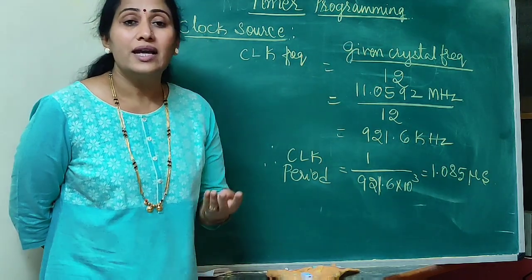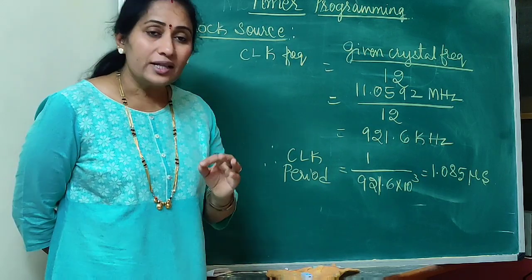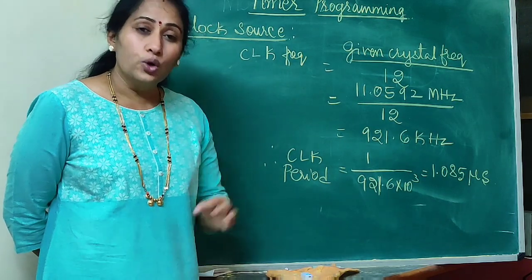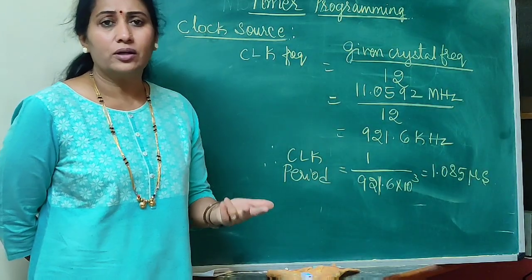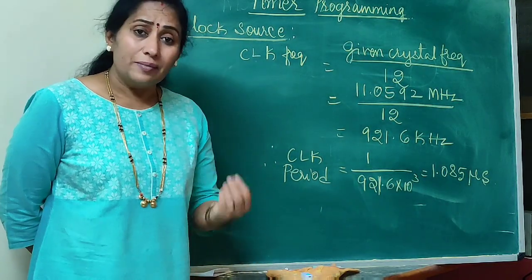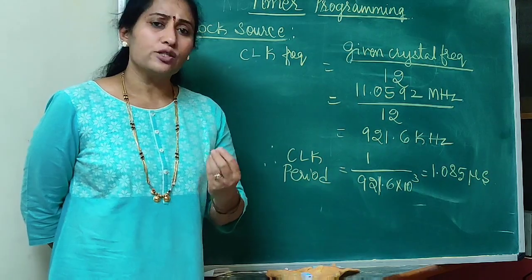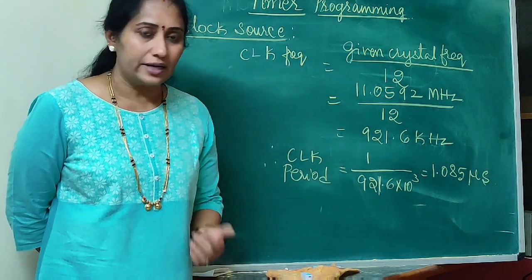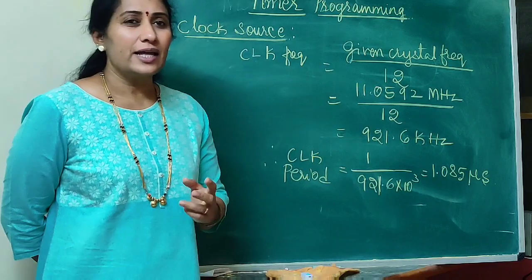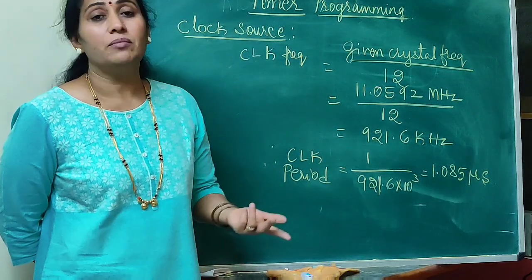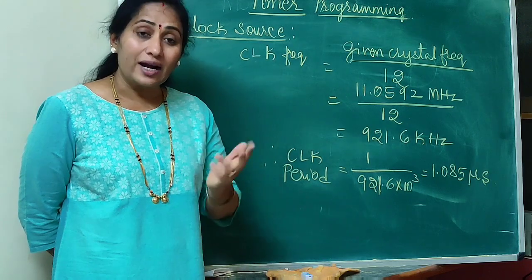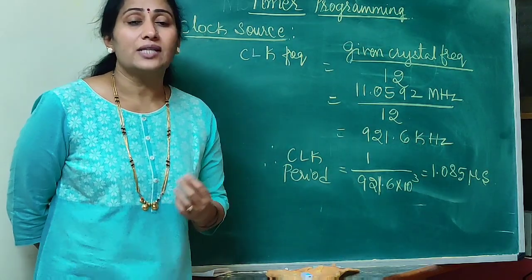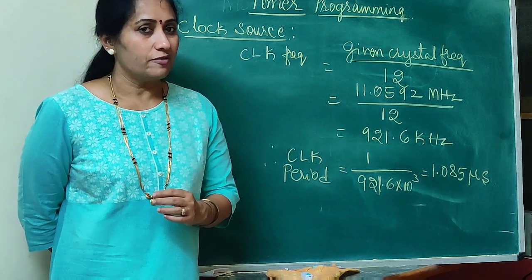What are those? TL0, TH0, wherein they are going to allow the user to load the count in it, right? In order to generate the delay, depending upon the delay, we are going to load the count. Similarly, timer 1 is going to have TL1 and TH1, wherein together we say that it's going to have two 16-bit registers which is made up of two 8-bit registers, okay? And then apart from that, in order to select the mode, we are going to use the special function register,